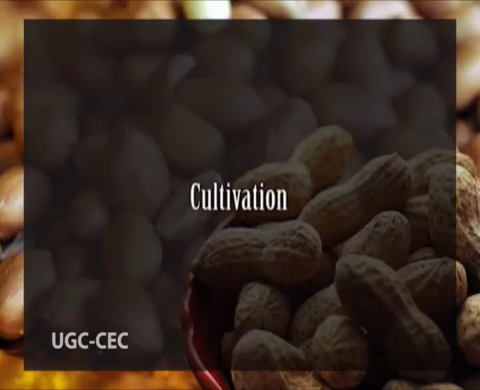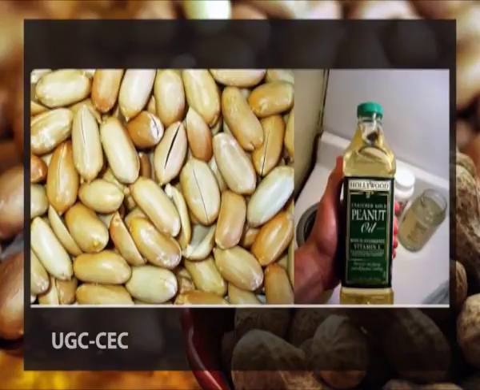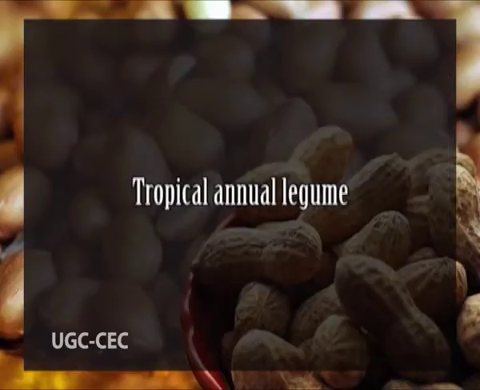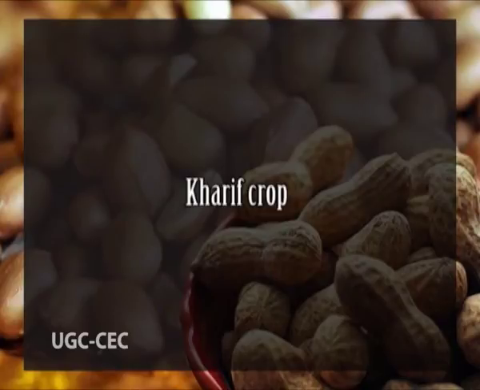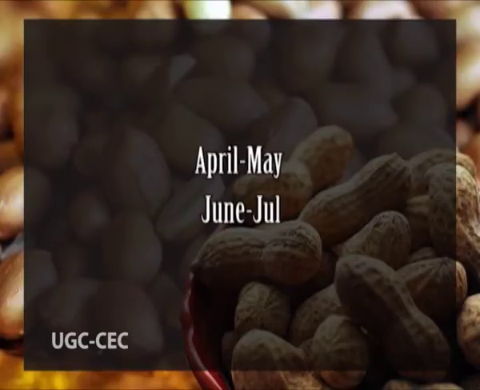Let us discuss its cultivation. Groundnut is one of the major oil seeds and food legumes in the world. As a short season tropical annual legume, it can be adapted to environments with low rainfall availability and distribution. It is usually cultivated as a kharif crop, being sown from April to May to June to July depending upon